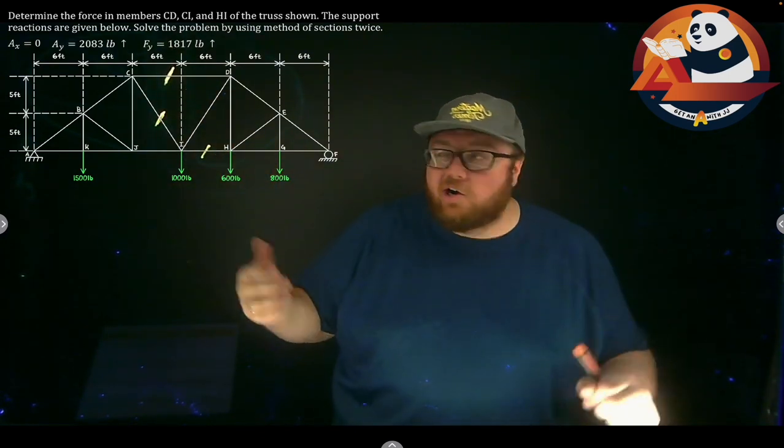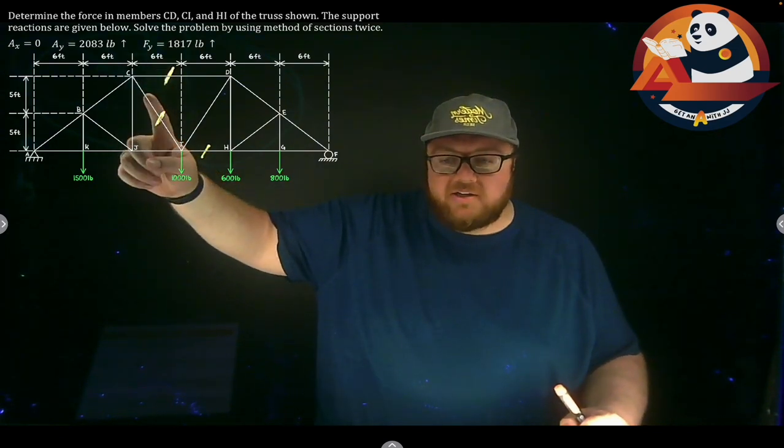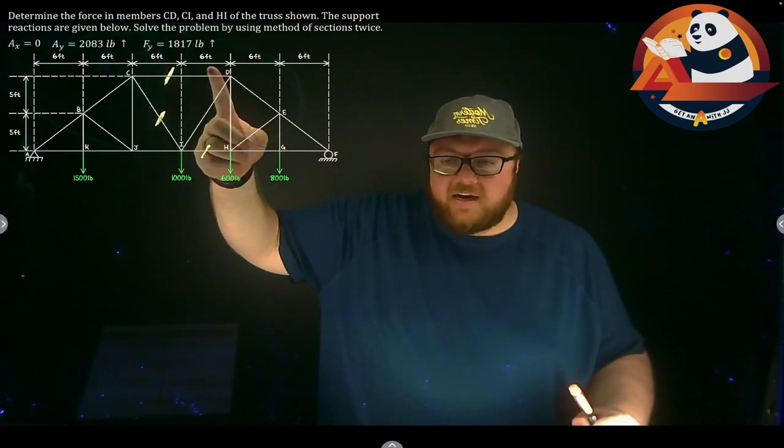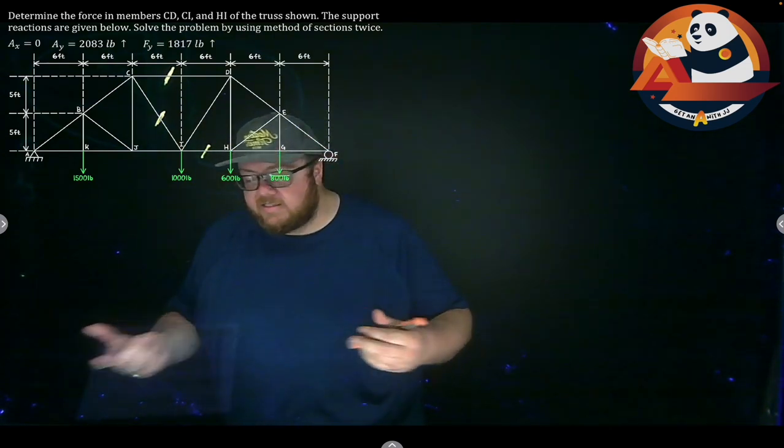So we want to ask, can I section through all of those in one go? I can't on this. I can cut up to 3 unknown members, but I have to get from one side of the truss all the way to the other side as I do that. If I came down vertically here, I cut 1, 2, 3. I'd be all the way out. HI is not in that. If I went down over here or slanted through that, I would include CI in there. There's no way for me to cut all 3 of these members in one slice,